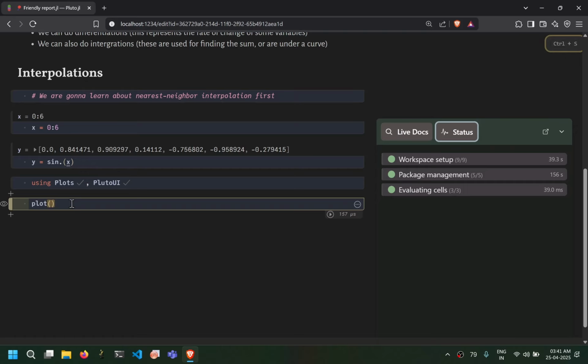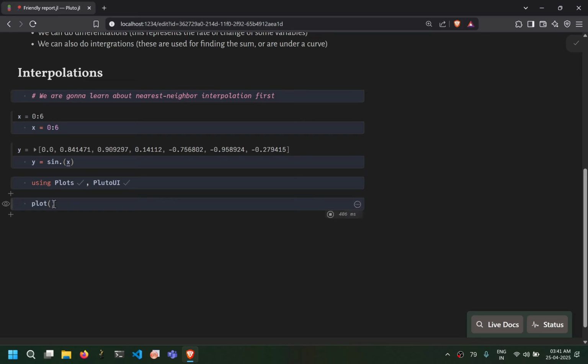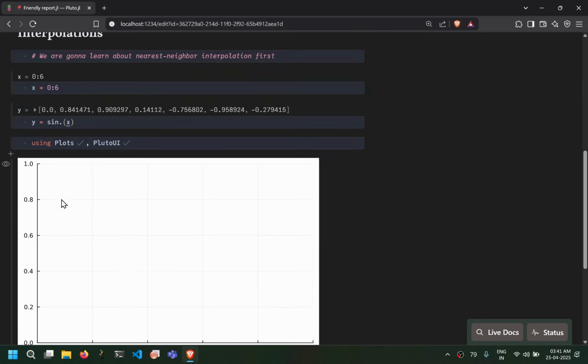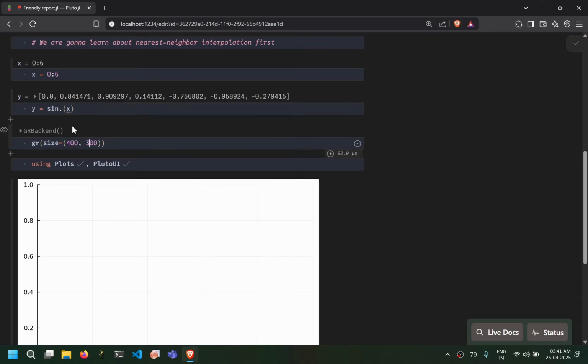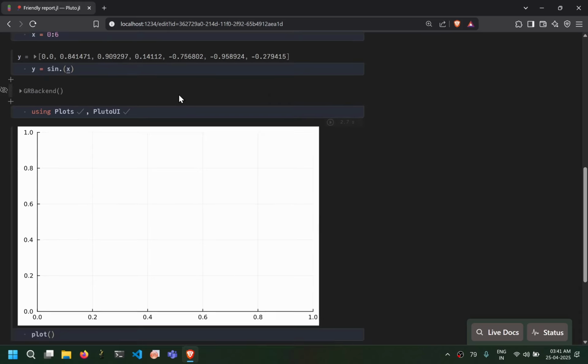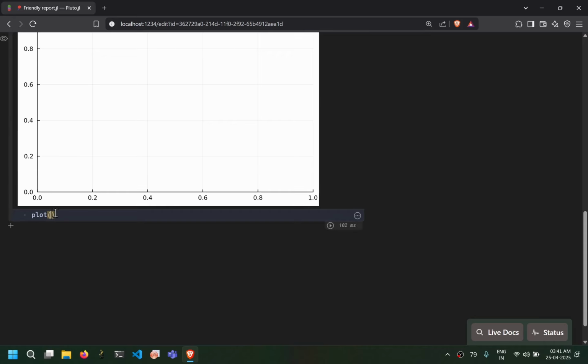So the packages are installed. So let us quickly define our backend, which will be the GR backend, and also define the size of our plot. So let us do 400 by 0. Okay, so what we're going to plot is X and Y, and we are going to use the